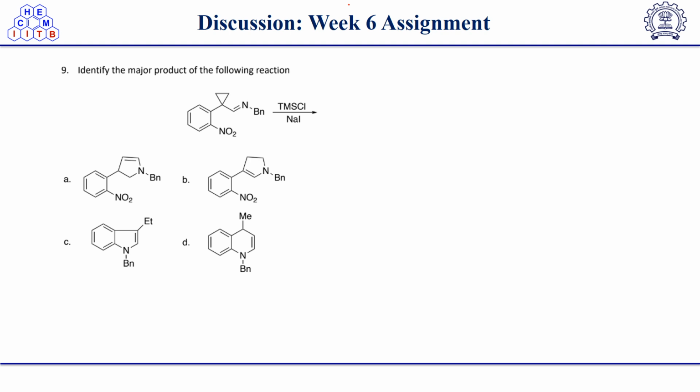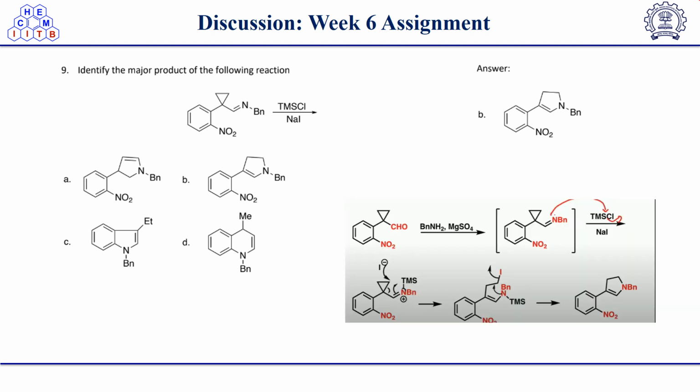So here the correct answer for this question is option B, and this is the reaction happening here. That is, this compound on treatment with this TMS chloride and sodium iodide will generate TMS iodide in situ, and this nitrogen lone pair will attack on this TMS group, and this iodide will get eliminated to form this